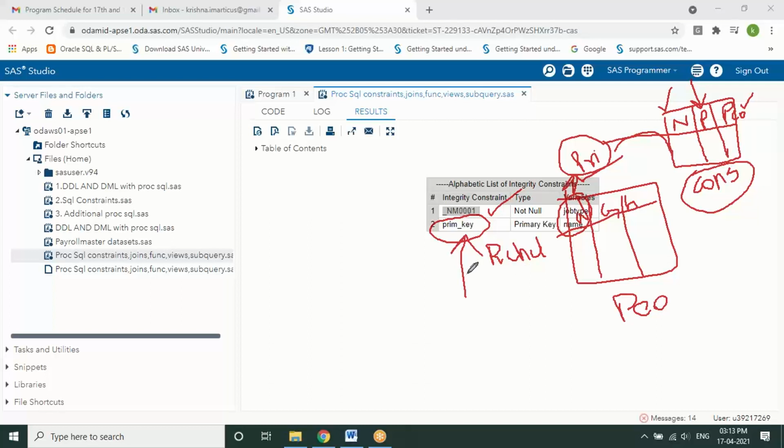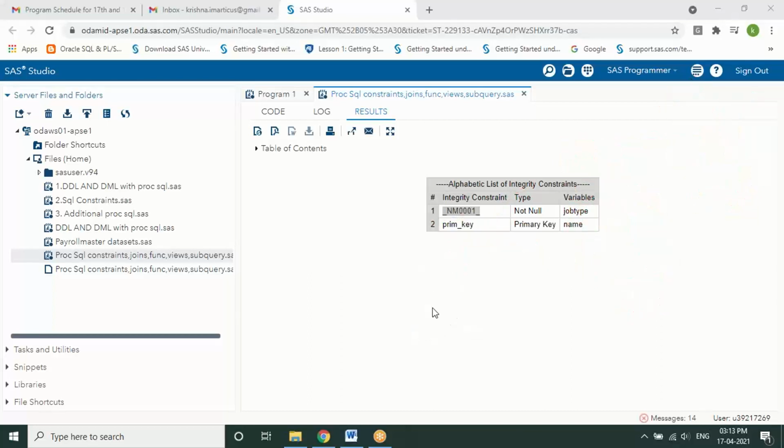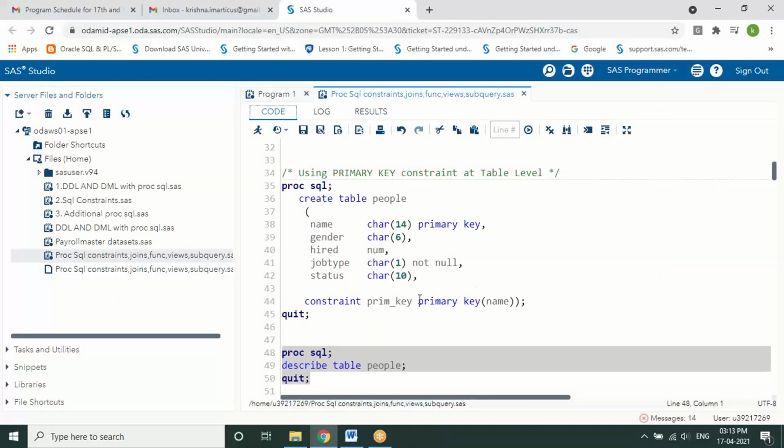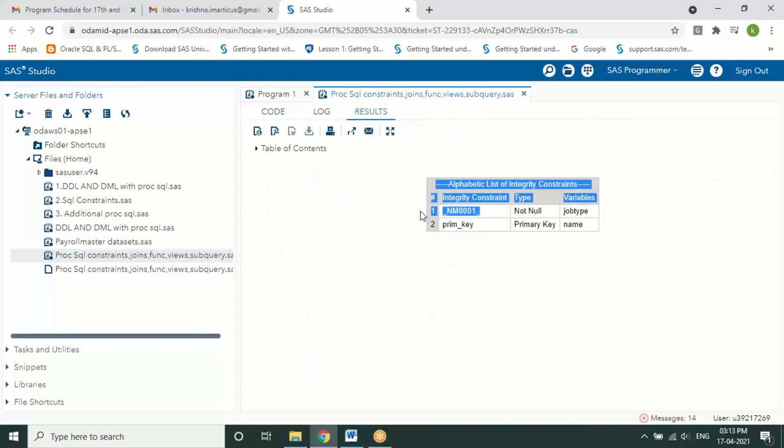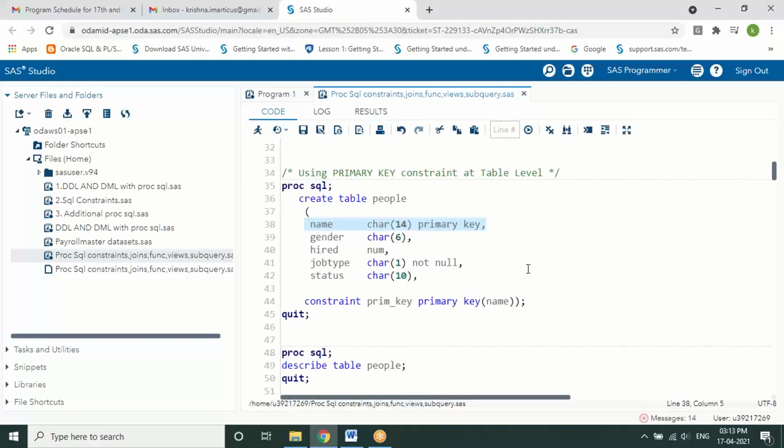Okay, this is user defined, like we can create our own name, right? Yes, this is the name which I've just given. It can be any name. If you're not giving anything, by default you can write the syntax like this. I thought that it is system generated. No, that is the key name, not system. This underscore nm0001 is the system generated one. Okay, clear? Yes.